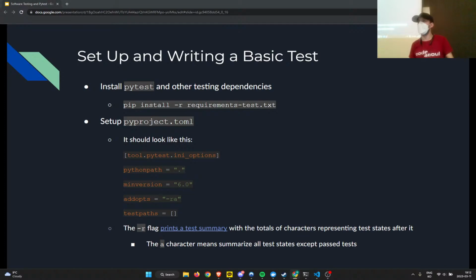Okay, is everyone good? I see a couple of people still referencing and typing. For most projects, you can probably just copy and paste this.